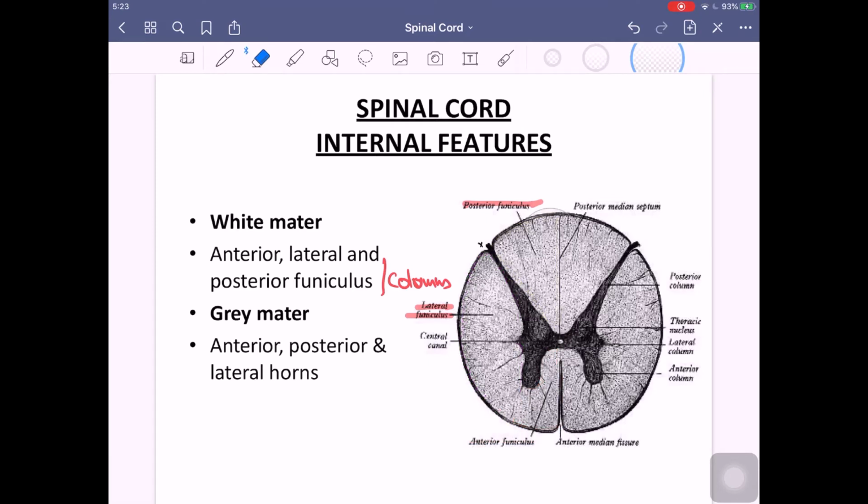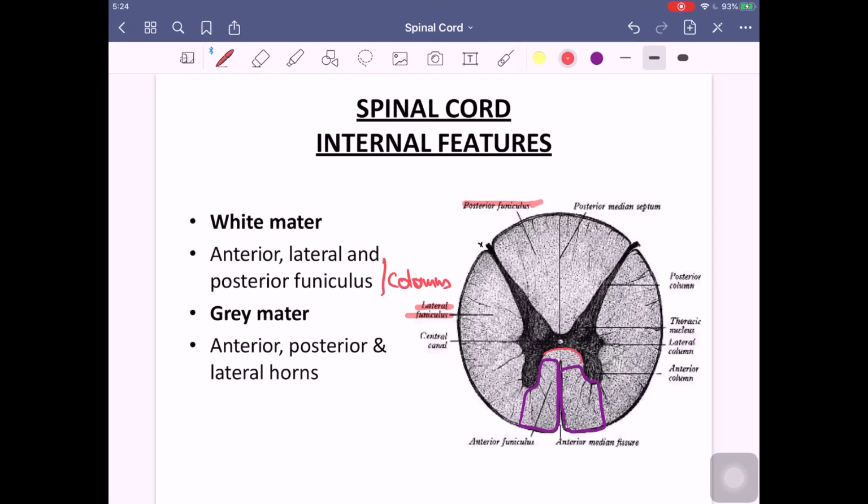Now white matter, apart from this, is also divided. If you notice, in front of your central canal, there is a small amount of white matter present here. This is your anterolateral. So this is the part we are talking about here. And the same thing on this side also. So this is the right and left anterior funiculus or anterior column.